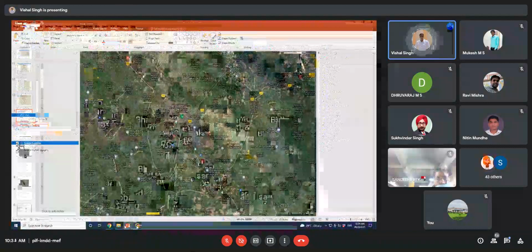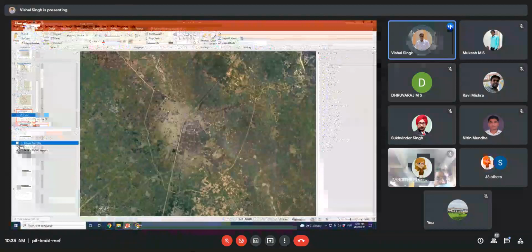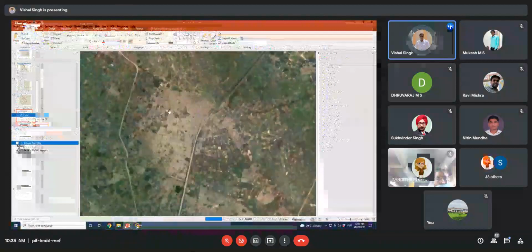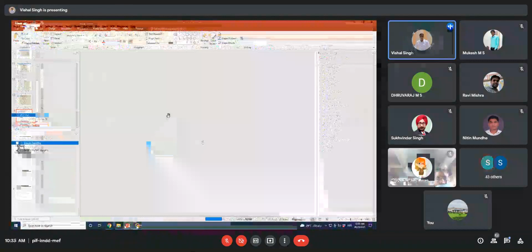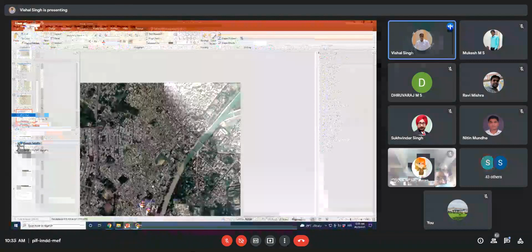So you cannot rely on this information, whether all the attribute information is correct. So for that, we need to use surveyed maps, like Survey of India topo sheets and all that. For the time being, I am going to turn off this layer and turn on this one. So now you can see that we can zoom, and we can generate very high precision scale information.